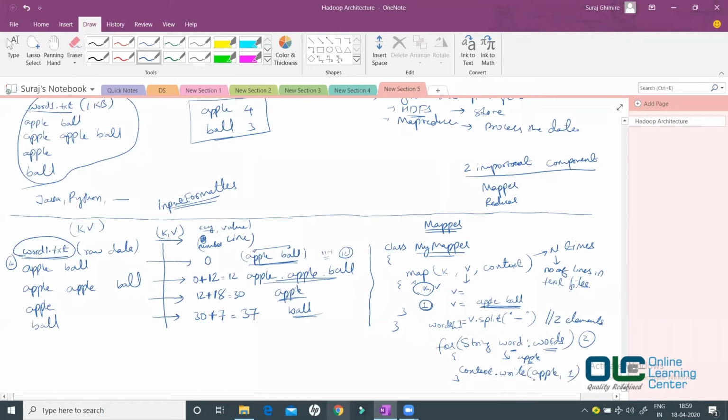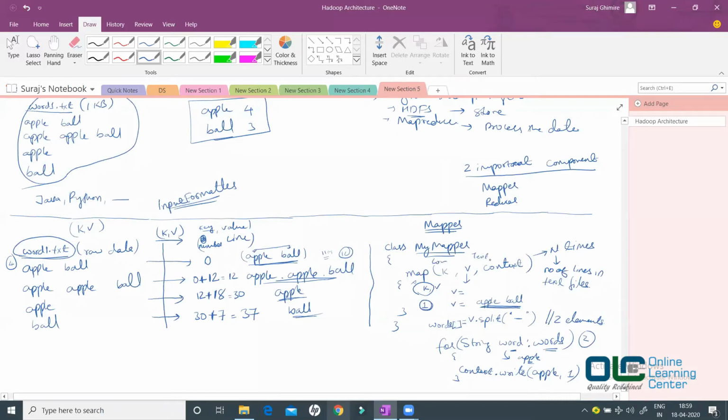Guys, this is just pseudo code. We will see the exact coding in the practical part, because right now I just want to make you understand how exactly they all work. So you should not ask me, hey, is this not a Text, is this not a LongWritable, right?